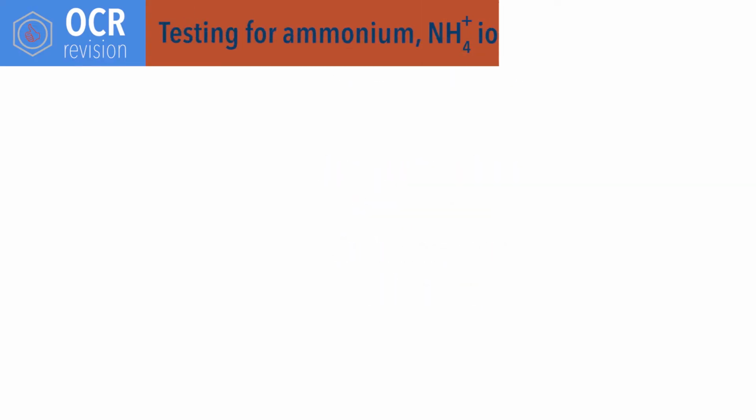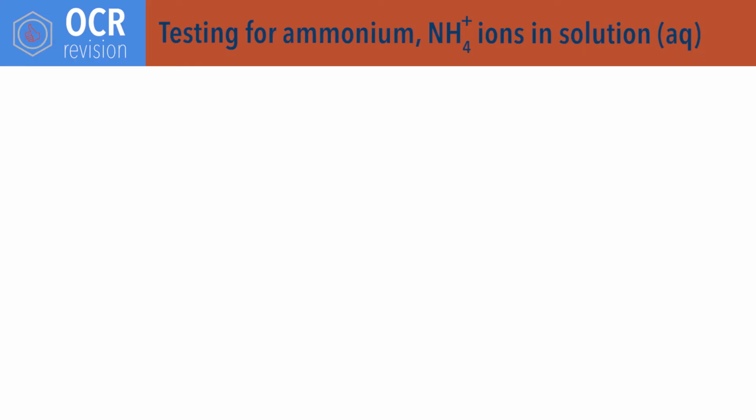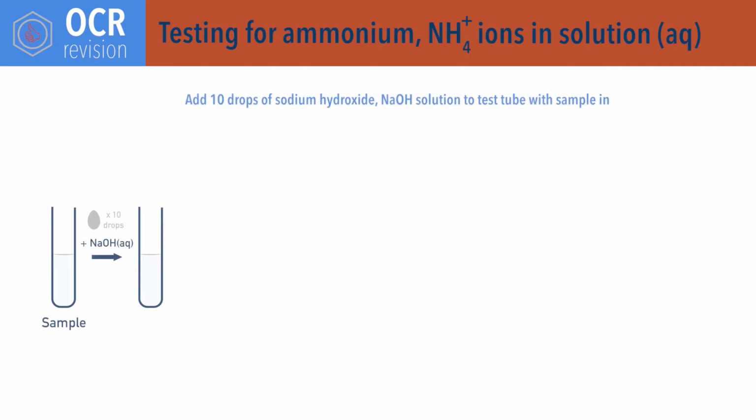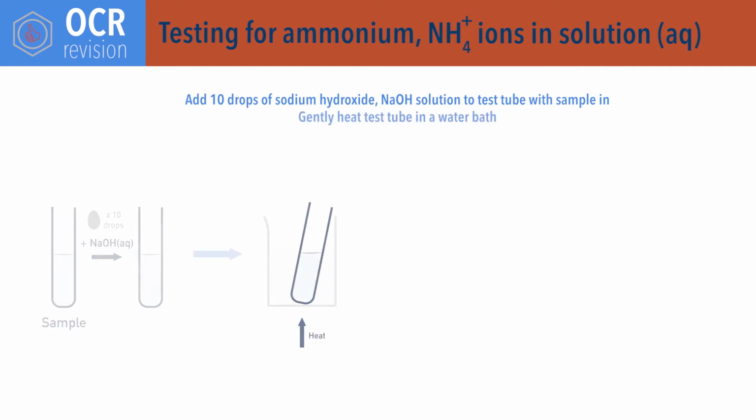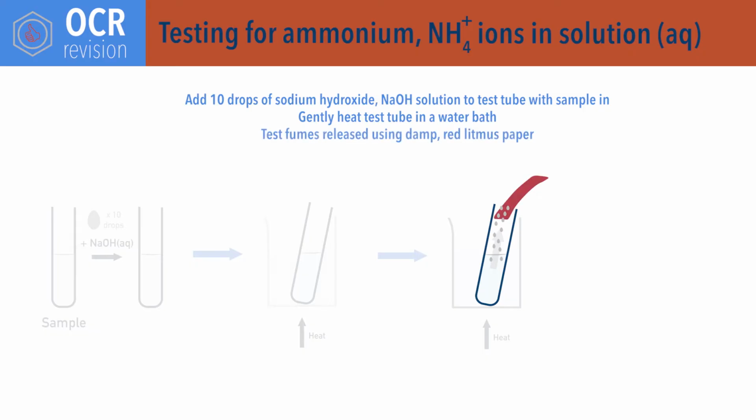Ammonium ions can be identified using sodium hydroxide and damp red litmus paper. Approximately 10 drops of sodium hydroxide solution is added to the sample in a test tube and the test tube is gently heated in a water bath. Any fumes produced are tested using damp red litmus paper. If ammonium ions are present in the sample solution, the damp red litmus paper will turn from a red to